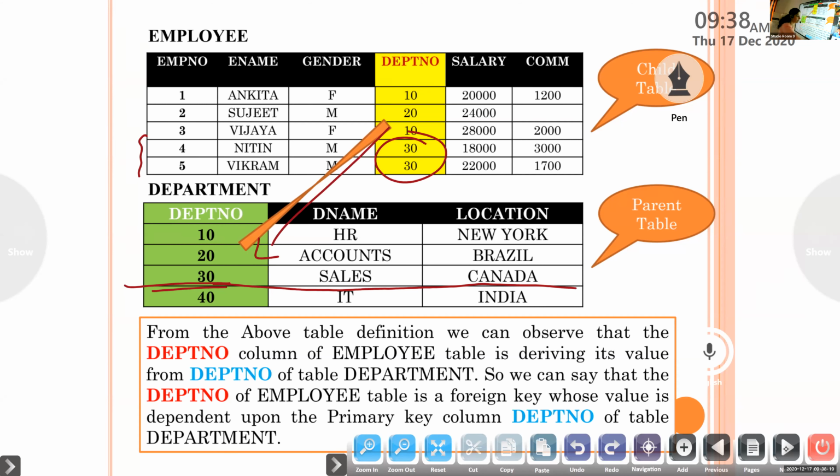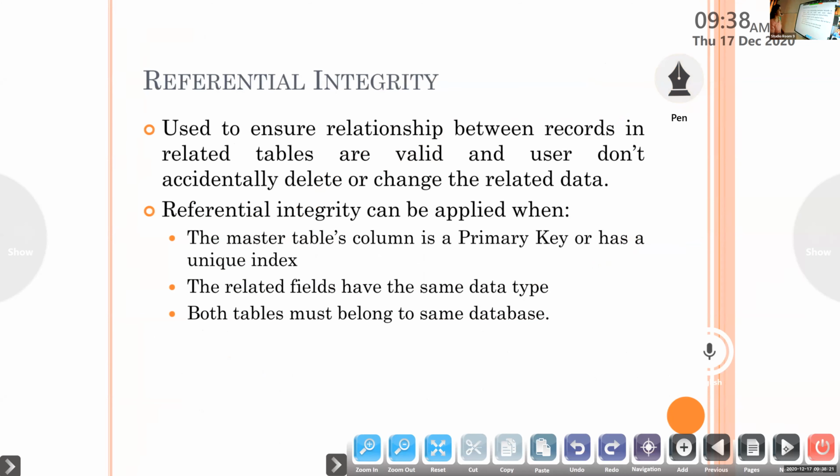So we can see the referential integrity definition here. Referential integrity is used to ensure relationship between records in related tables are valid and user don't accidentally delete or change the related data. That's the definition of referential integrity.